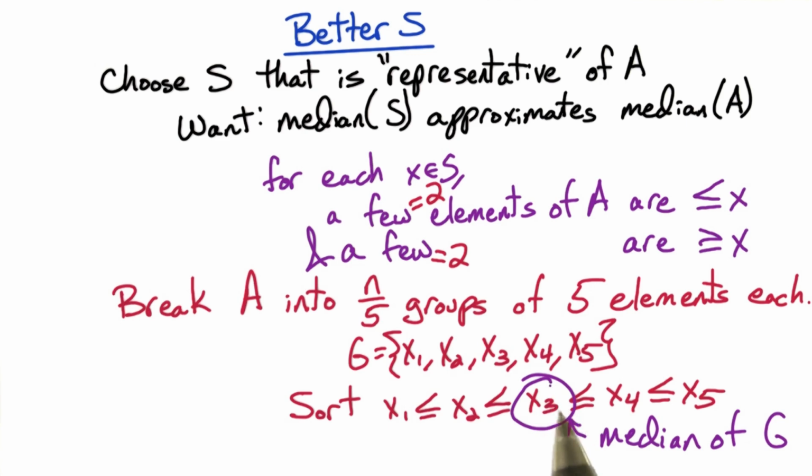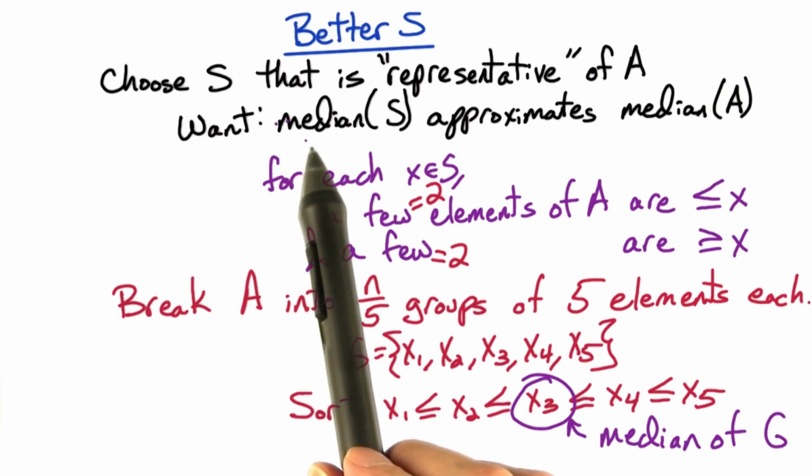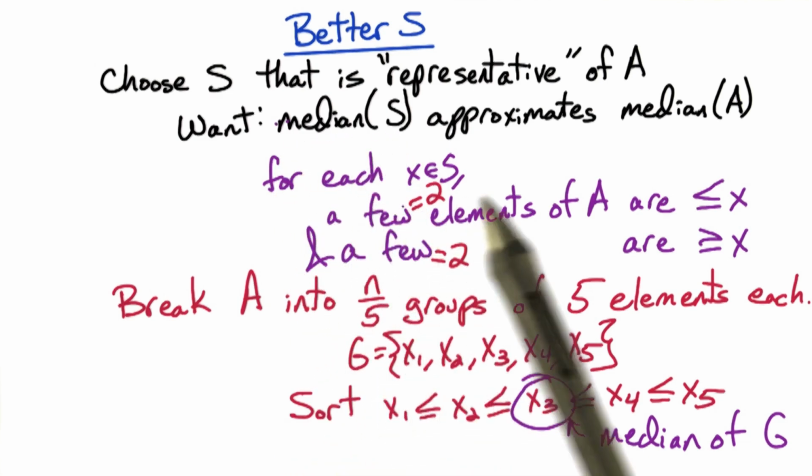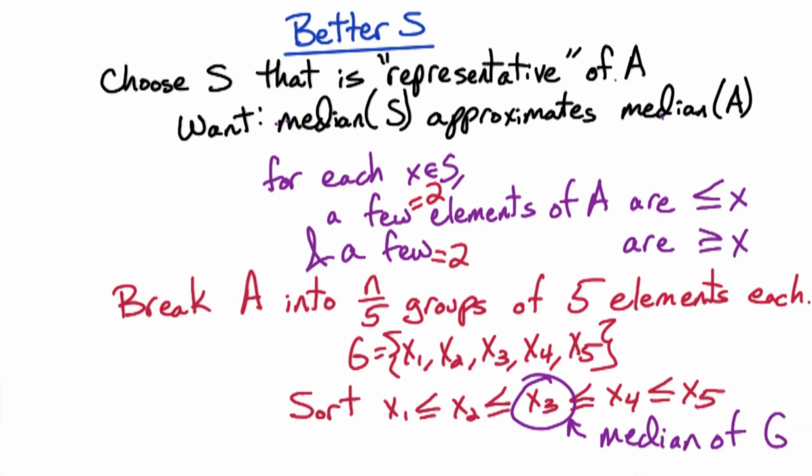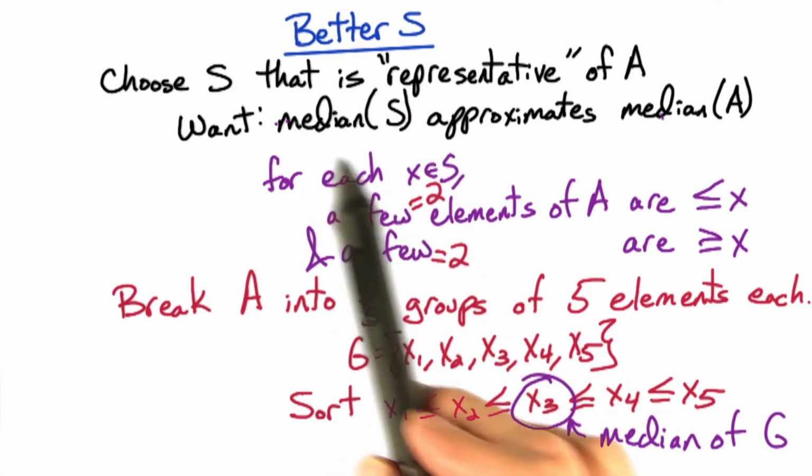And we take the one median, the one representative sample from each group. That gives us n over 5 samples. And that gives us our subset S. And then we take the median of that subset S, recursively we find it. And that gives us the pivot that we use for A. And then we're going to prove that that pivot that we find, which is the median of this subset S,